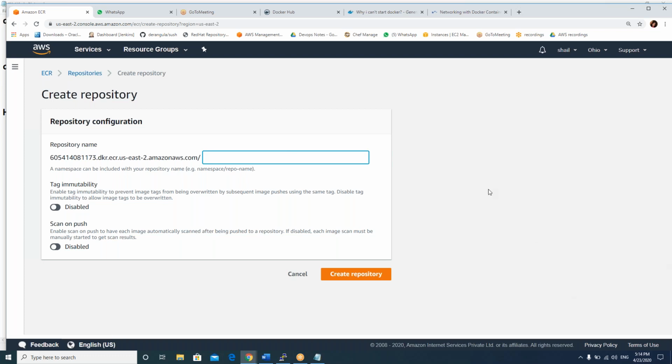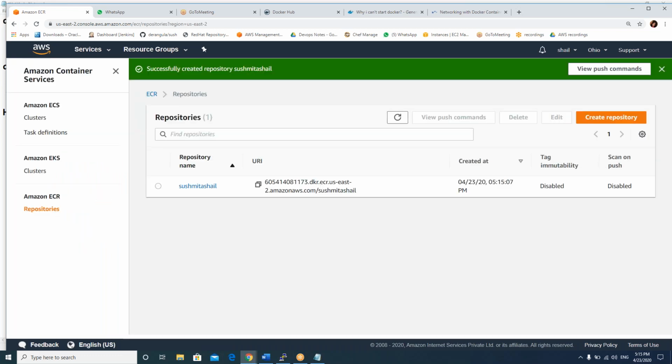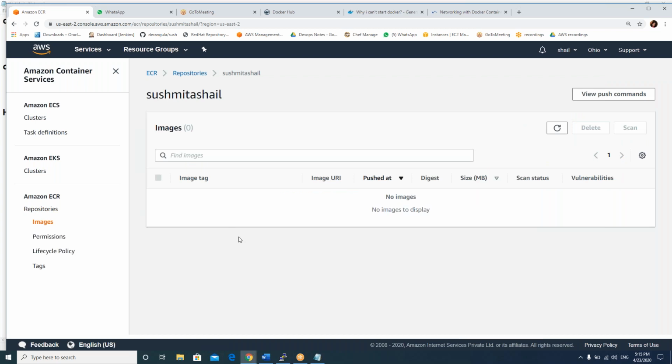Give any name, your wish, maybe your application name. Create repository. Now you have your own repository. You can push images here also. Right now it's zero repositories. Just click on it. No images are there.